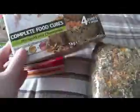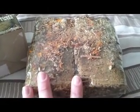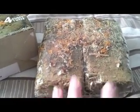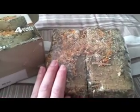So the reason why I wouldn't give these to my bunnies as well is I'd be unsure whether they'd be getting enough each. So if I'd put 2 in, I wouldn't be sure that, like, say, Speckle was actually eating one of them and Rocky was eating one of them. Yeah, so